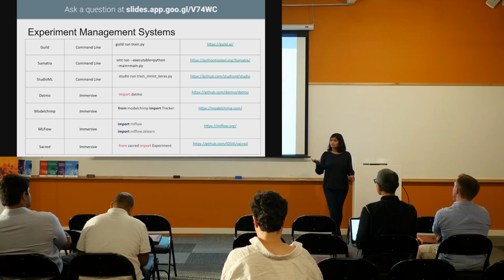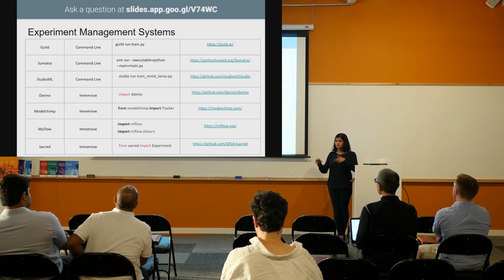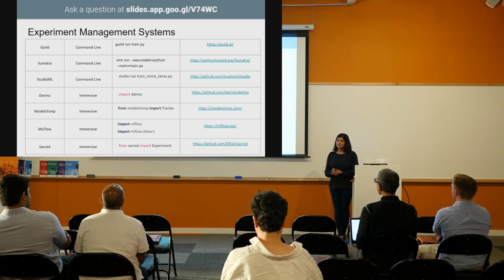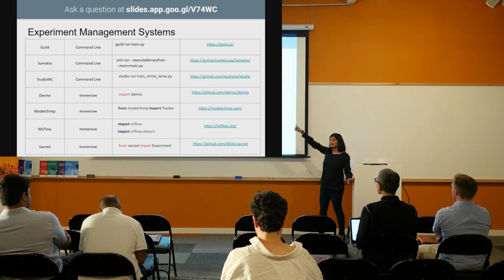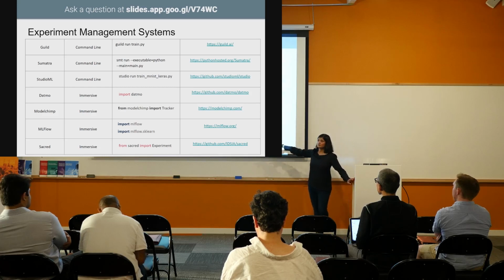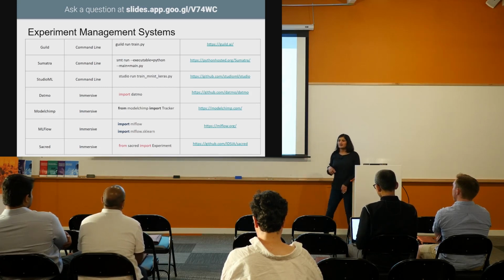If you want to do config files, and if you want to change config files outside of Git, you can use a Git SHA and just keep changing your config file and store each experiment. That's also doable. But everybody has a very different way of running code. Some people use Jupyter notebooks, in which case command line options don't work at all. They want to do something that's much more immersive, because they want to run each cell one at a time.